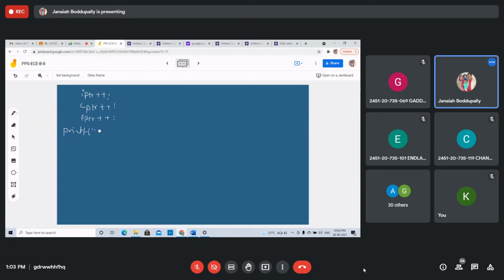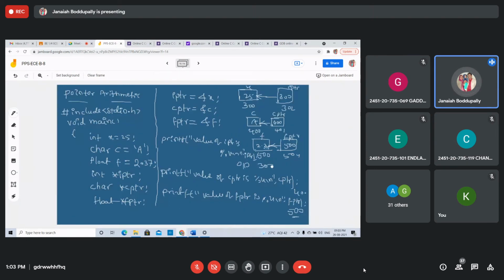Printf: value of IPTR is percentile U \n IPTR. Can anyone guess the output of this? What is the value before this? This is 300. So 301, 401? This is an integer.